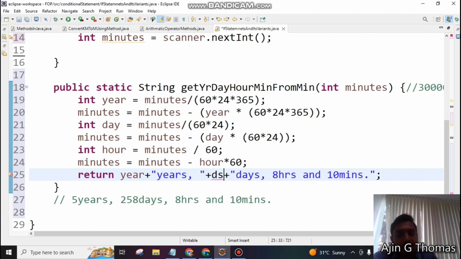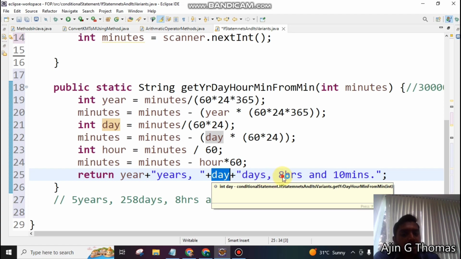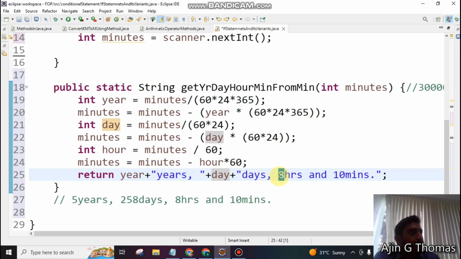What is the variable name? Days. Okay, day. It should be years actually. It's okay. Right, multiple values are coming. Fine. So in the same way, how can I add here? Remove that double quotes, plus plus, which variable? Hour. Then here